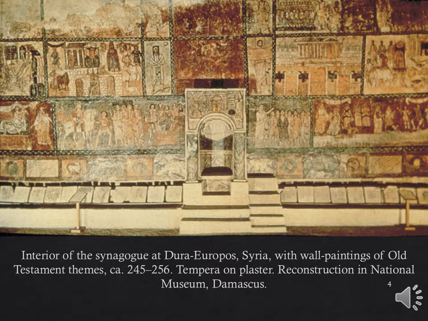What's really fascinating about it is that we have lots of houses of worship and cult buildings in this city that have remained pretty much intact, very well preserved. What we're looking at here is the interior of a synagogue at Dura Europus. Right in the center of this wall, you see a little niche. In that niche, most likely would have been placed a copy of the Torah, the Holy Book of Judaism, and this would have been where the local congregation of Jews would have come on Sabbath and holy days to pray.